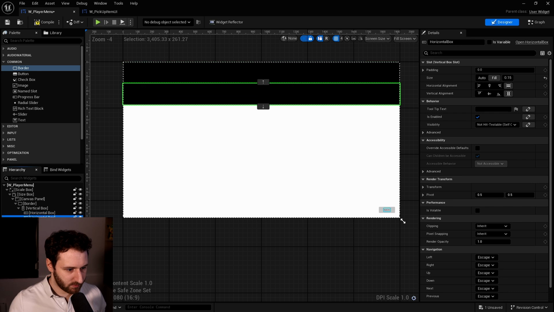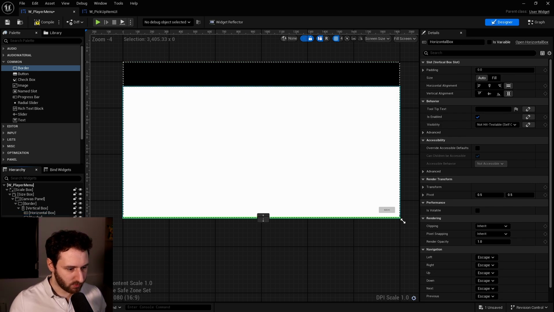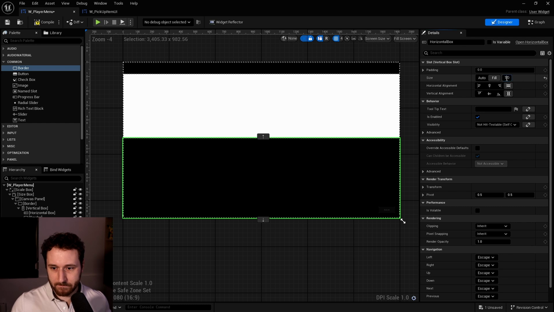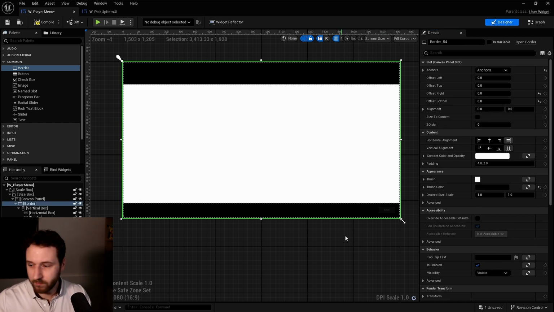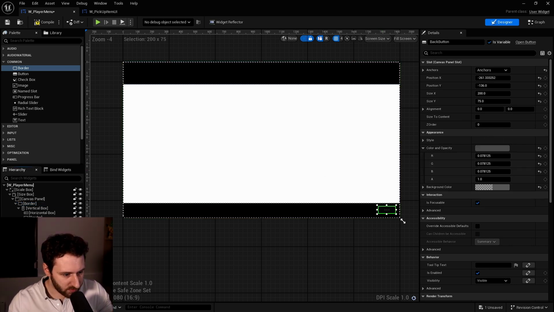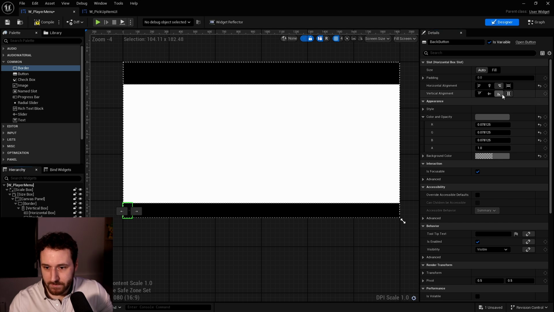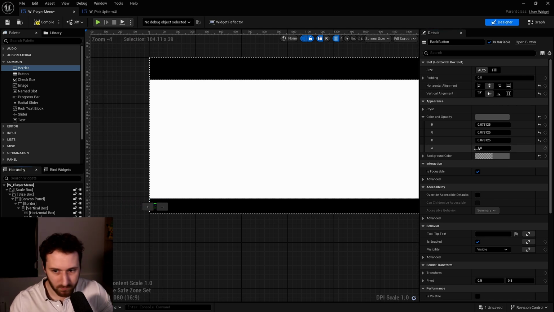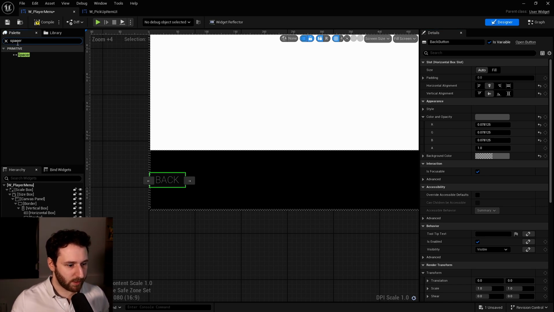And then we'll have another horizontal box. I will duplicate this horizontal box, not in the border, but just under. Voila, like that. Fill, not 1, .1. So that's looking pretty good already. Our back button, which is here, we'll put it in the horizontal box. So now it's here. The button is very, very small. And then I will just use a spacer to put it on the right.